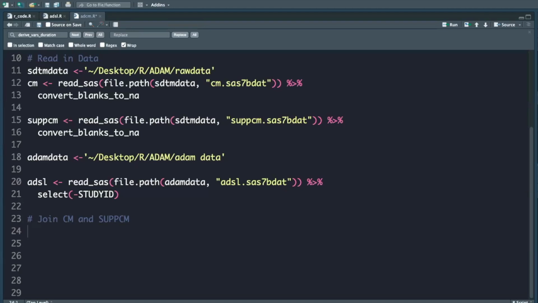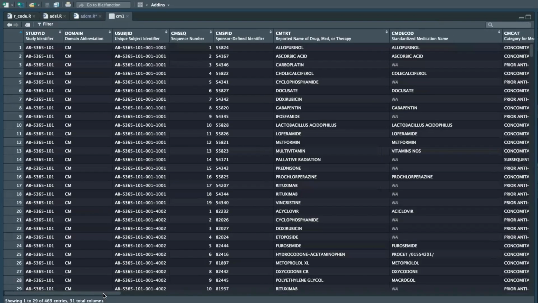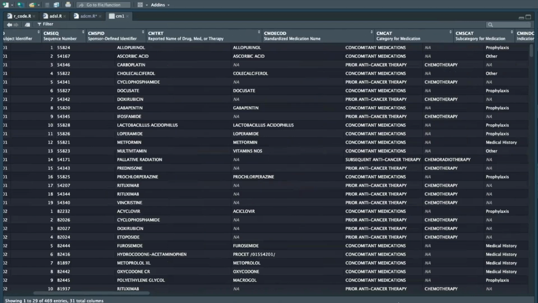The function name is combine sub. That's all. We are combining CM with sub-CM. And if I run this, let's see what is happening. Yes, CM1 is created. If I look into this, CM1,